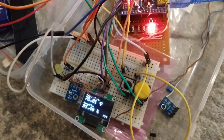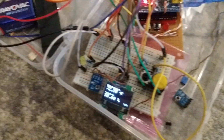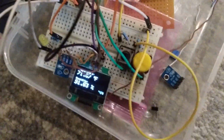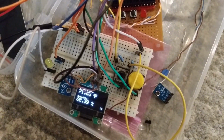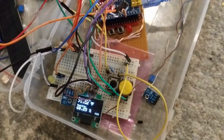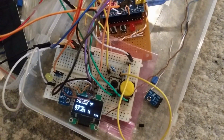There it goes. And I'll fan some normal air over it to get that humidity reading back down. And there you see it's back down. It's a little slow to go back down, and that's probably partly my fault because I have the sensor facing